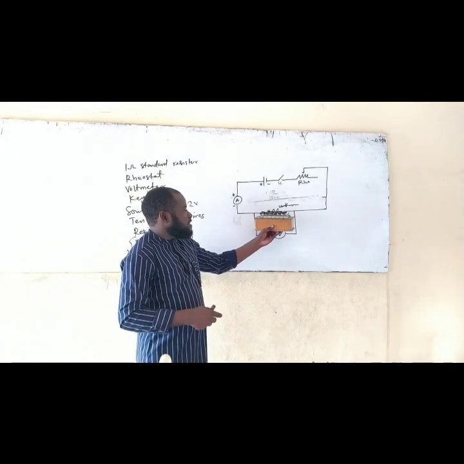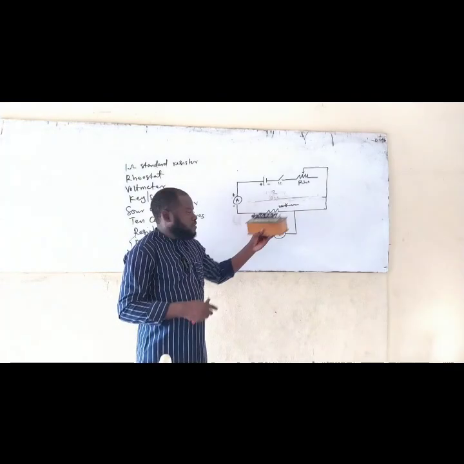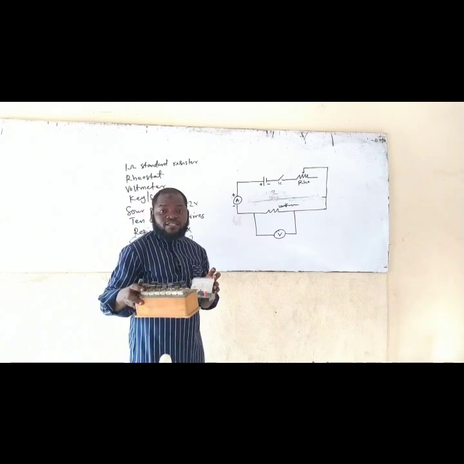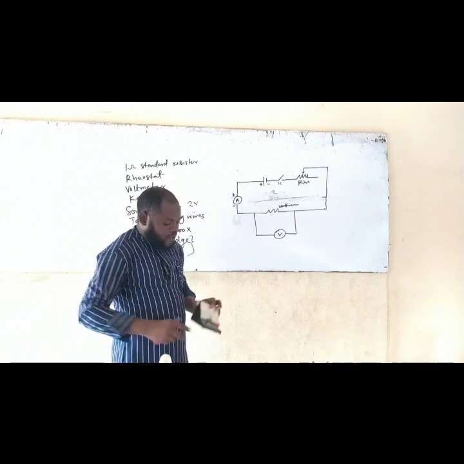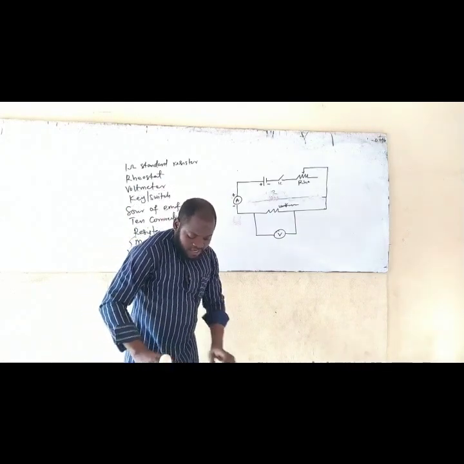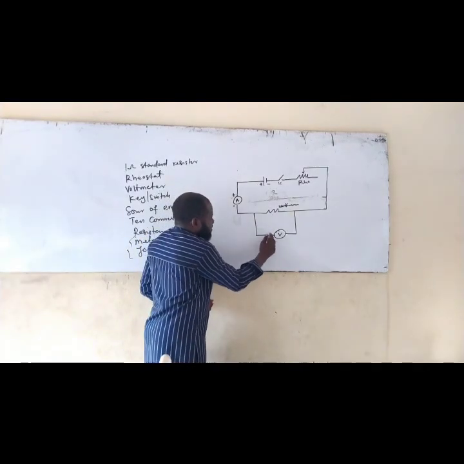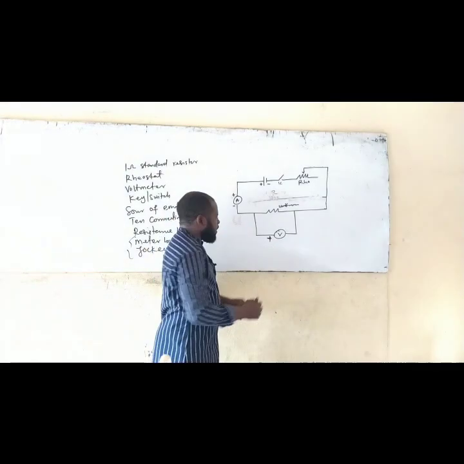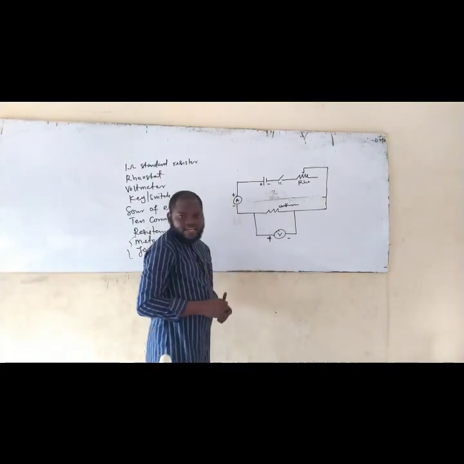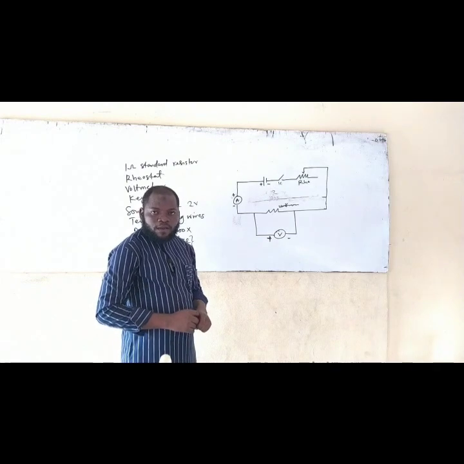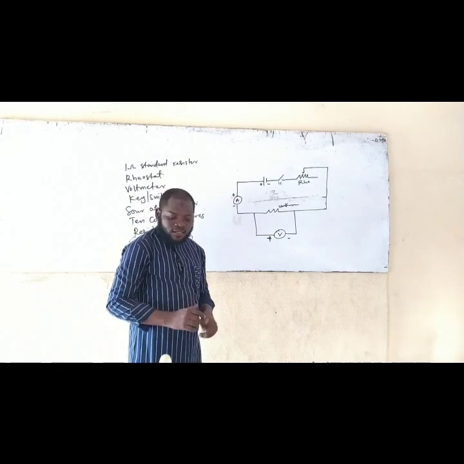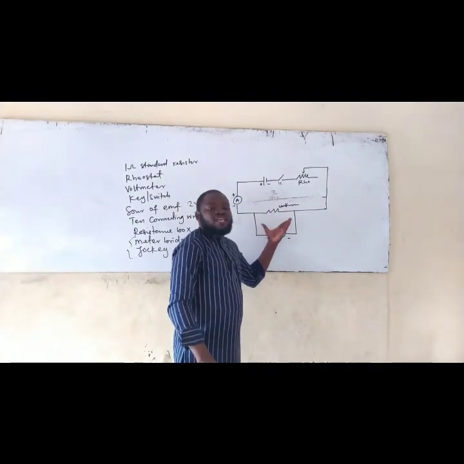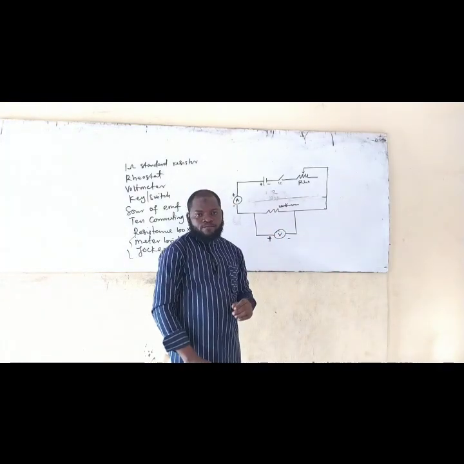So you have this resistance box. So for that reason, your voltmeter is going to be parallel to this resistance box. So if you have to do that, all you need to do is that this place is going to be the positive pole of the voltmeter, and here is going to be its what? Negative pole. Am I making sense? And I hope you are getting this. So if you are able to do your connection like that, you are going to have a nice reading accurately.